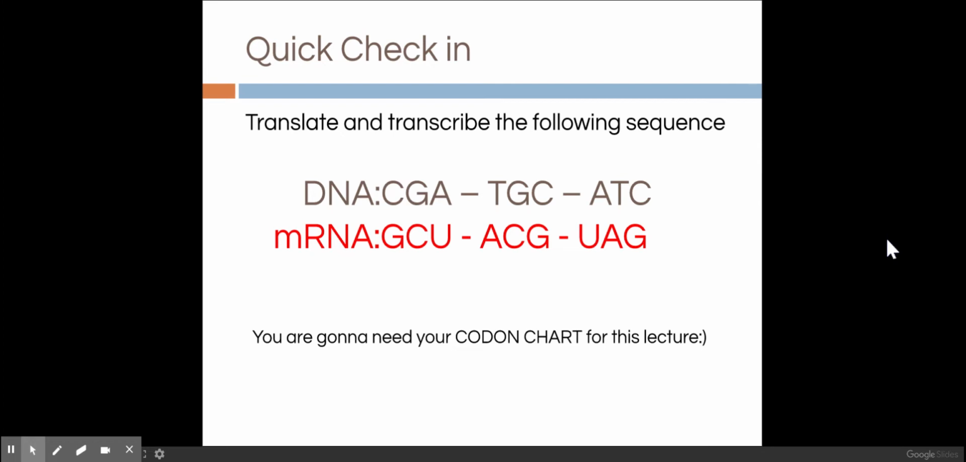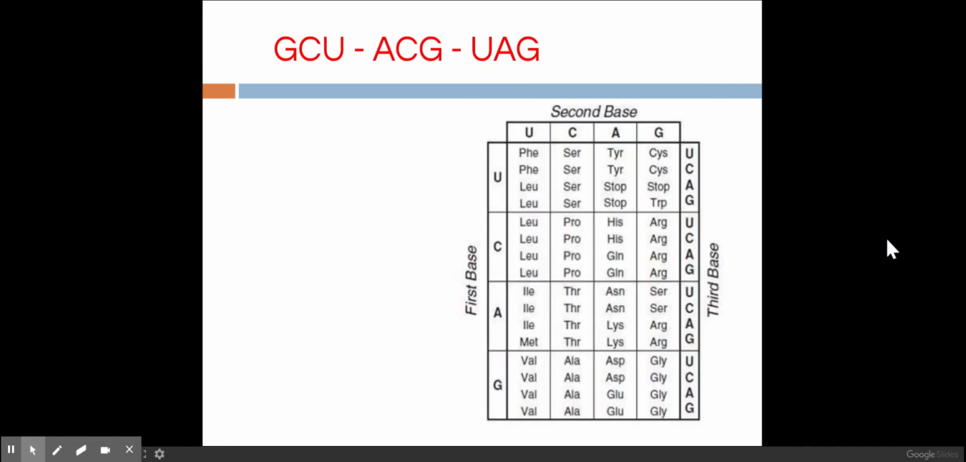So remember that G always base pairs with C and C with G, but if we're dealing with RNA, instead of a T for thymine, we would have a U for uracil. So the A goes to U. T still base pairs with A in RNA from DNA to RNA. And then for your codon chart,